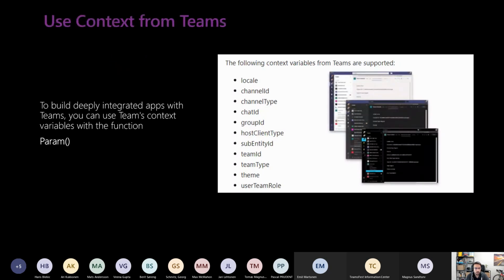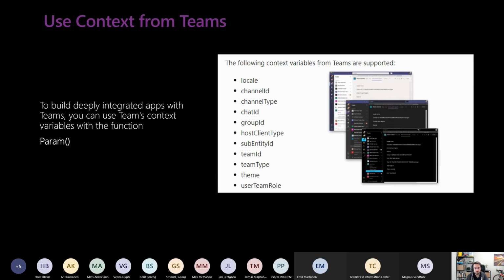But to have more information at this moment, we can use the Param function to get some parameters that Teams passes to this Power App application. For example, the locale, the channel ID, the channel type, the chat ID, the group ID, host client type, and another parameter.